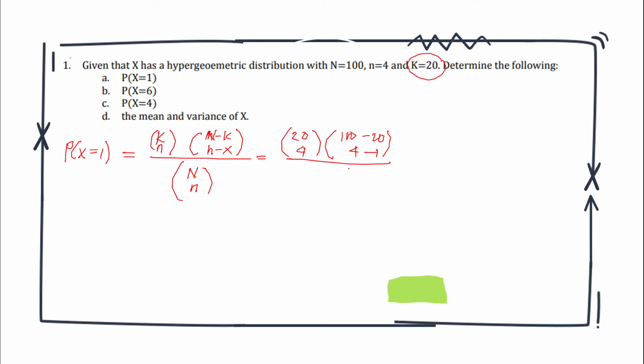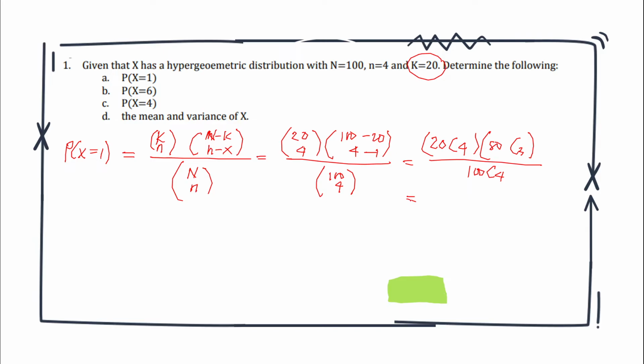What is our n over n? Here, n is 100, taken 4. So we could write this as 20 combination of 4 times, what is 100 minus 20? That is 80 combination of 3, over 100 combination of 4. If we multiply this using a calculator, the result would be